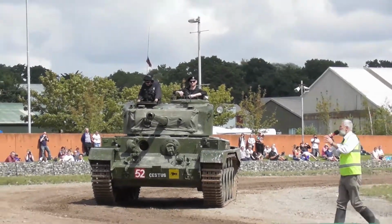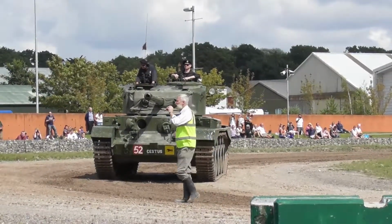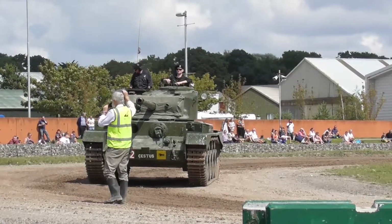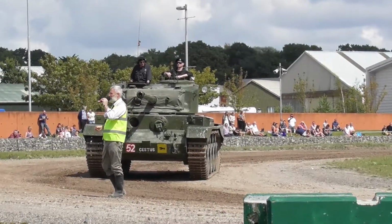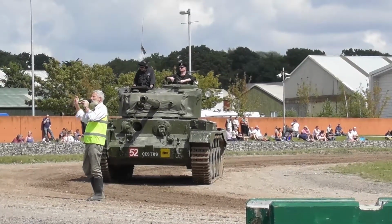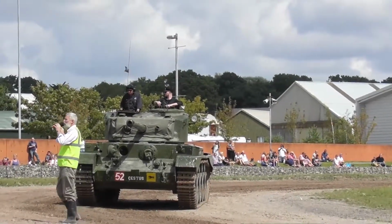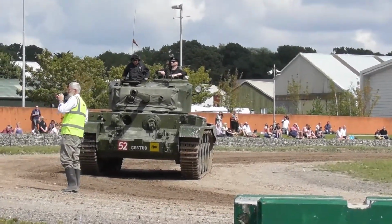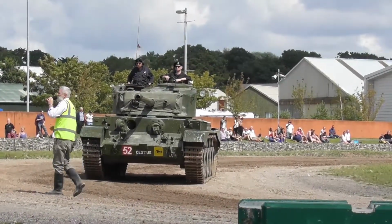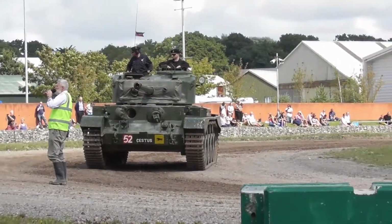So what have we got here? When you look at a tank, you've got to remember the key ingredient is the gun. That's what it's all based around. By this stage of the war, we developed first a gun called the 17-pounder. That was the weight of shot it fired. We then changed over to measuring them by the size of the hole at the end of the barrel. So this one we call a 77mm gun. That's the size of the hole at the end of the barrel. And it's a development of the 17-pounder gun, and this gun was more powerful than the gun on the